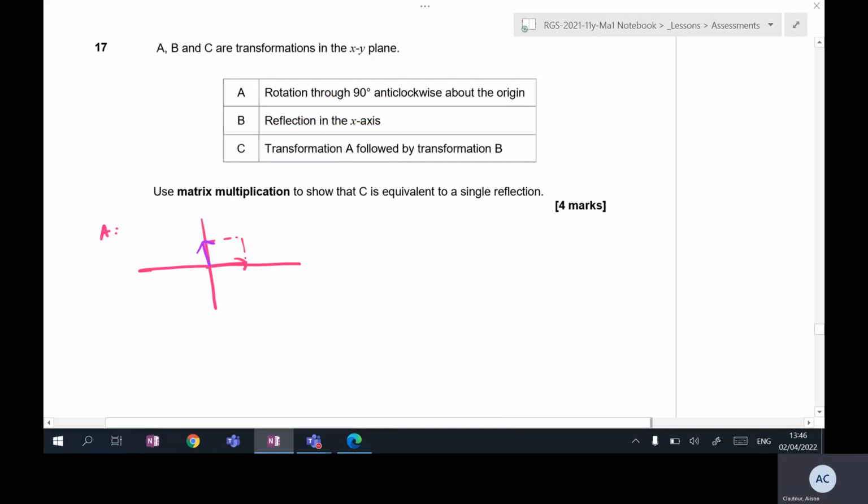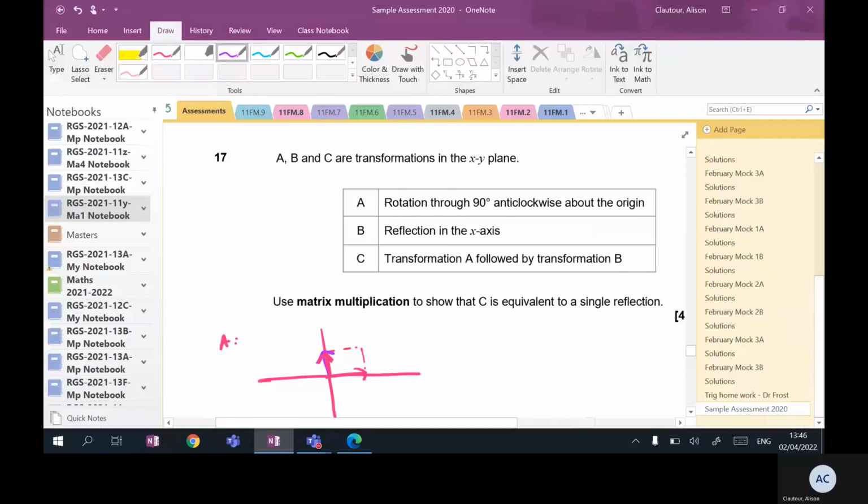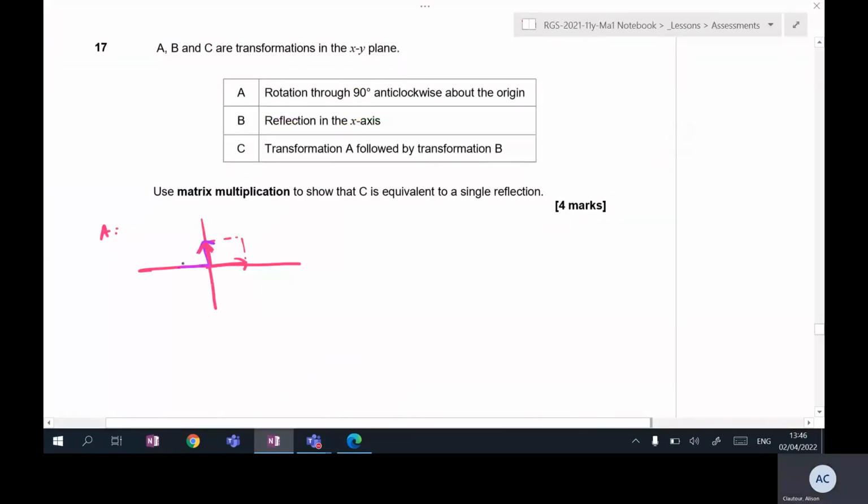So if we turn this 90 degrees anti-clockwise, this vector here comes onto this axis here. And then the purple one comes down here. So we end up with our red or pink vector is 1, 0. And the purple one is,